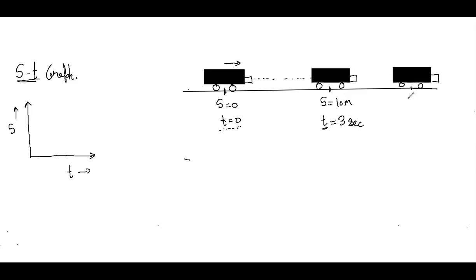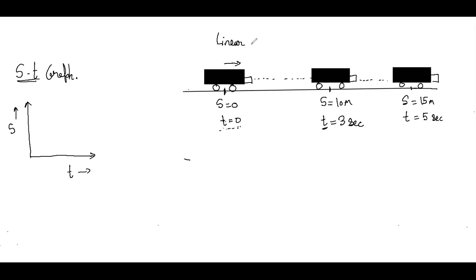Here the displacement is 12 meters and the time of observation is 12 meters. Okay. Displacement is 15 meters and time is suppose 5 seconds. So now this is the motion of the truck which you are observing. This is the linear motion of the truck which you are observing.